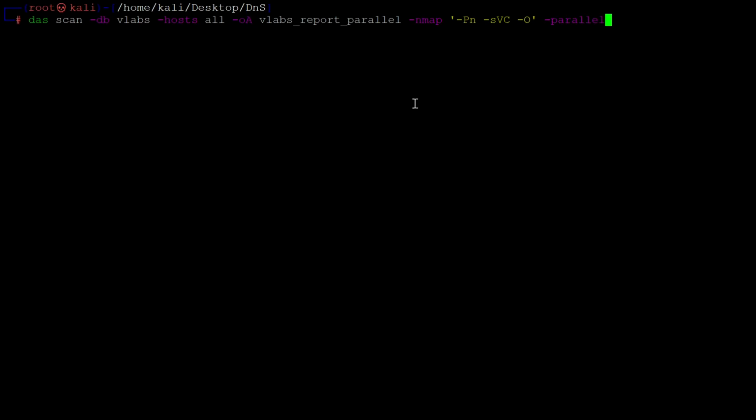The good thing about this is that it will also create a combined report file, which I'll show you. We are specifying no ping, service version detection, and script scan, along with operating system detection, and we are using the parallel switch. So it will scan in parallel, let us see.